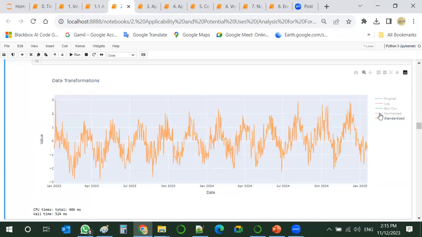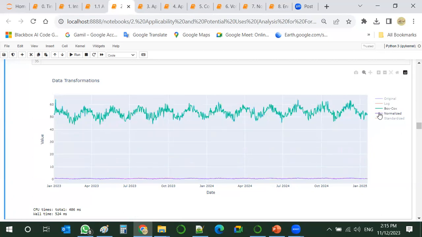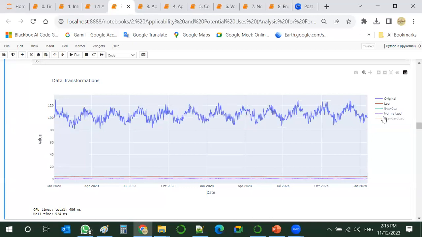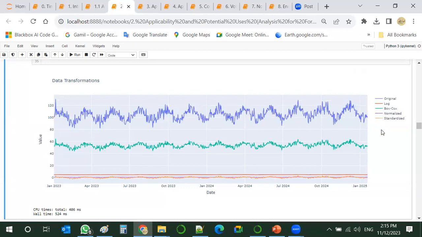If we go for normalization, this is even a shorter span from 0 to 1, and the rest varies, depending on the method of transformation.